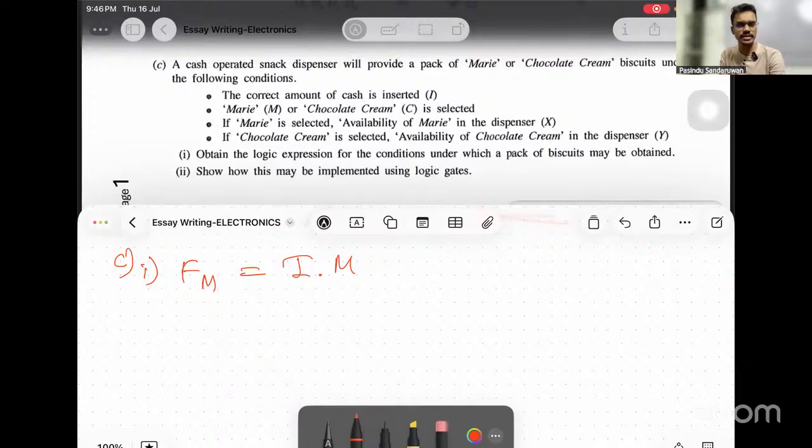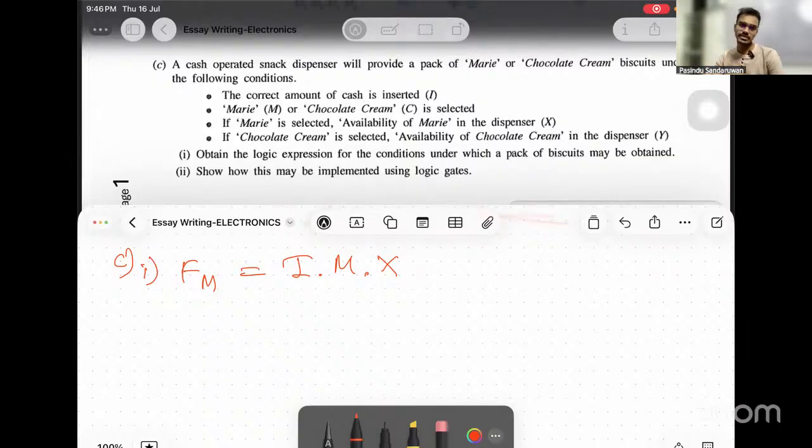And the other, you have to just check whether it is an O connection. Right? And Mari should be selected and Mari should be available. There's no meaning if Mari is not available. Correct amount of money is inserted and Mari should be selected and Mari should be available. Another N connection, then IMX. To obtain a Mari, right? If IMX are satisfied, we can obtain a Mari because the correct amount of money is inserted and Mari is selected